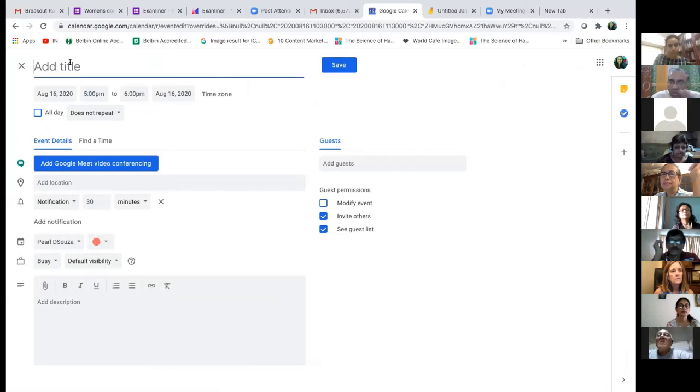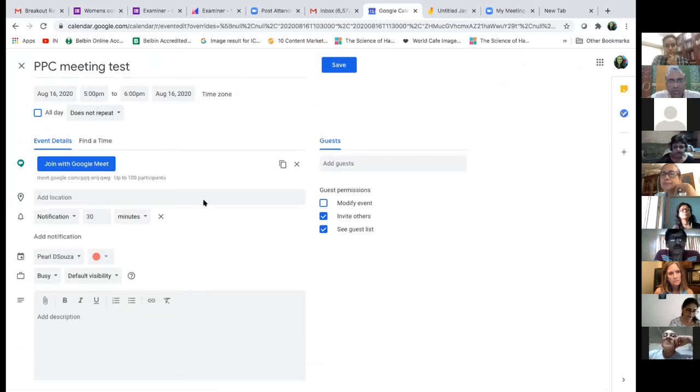So basically for Google Meet, you need to go to your Google Calendar and set up your Google meeting. You have an option in the blue tab there which says add Google Meet video conferencing. You have to add that to your meeting. Right next to that you will have a copy icon. That copy is the same invitation link as in Zoom, and then you can share it wherever you want, whether it's on WhatsApp or on email and so on.